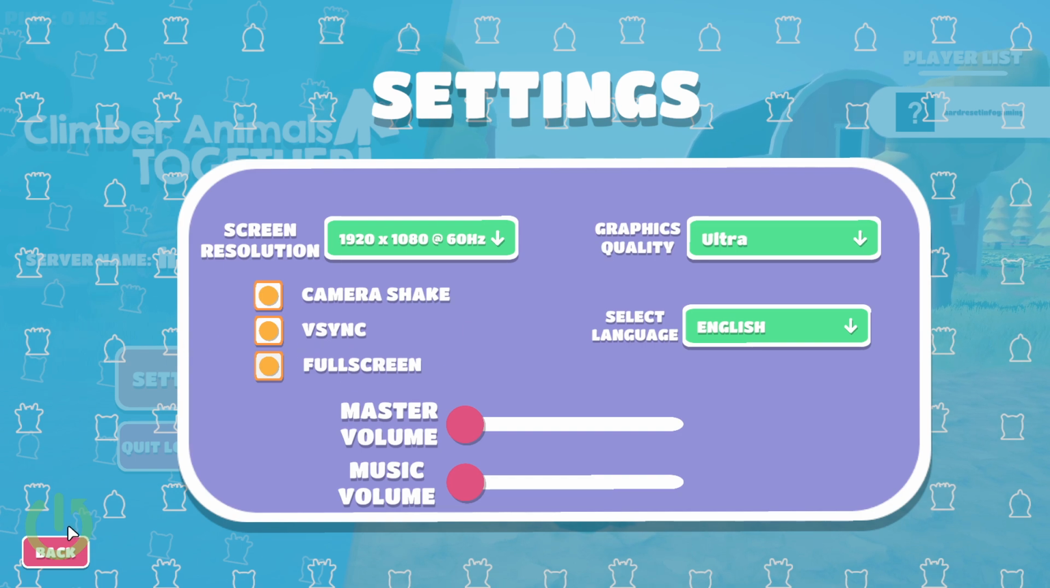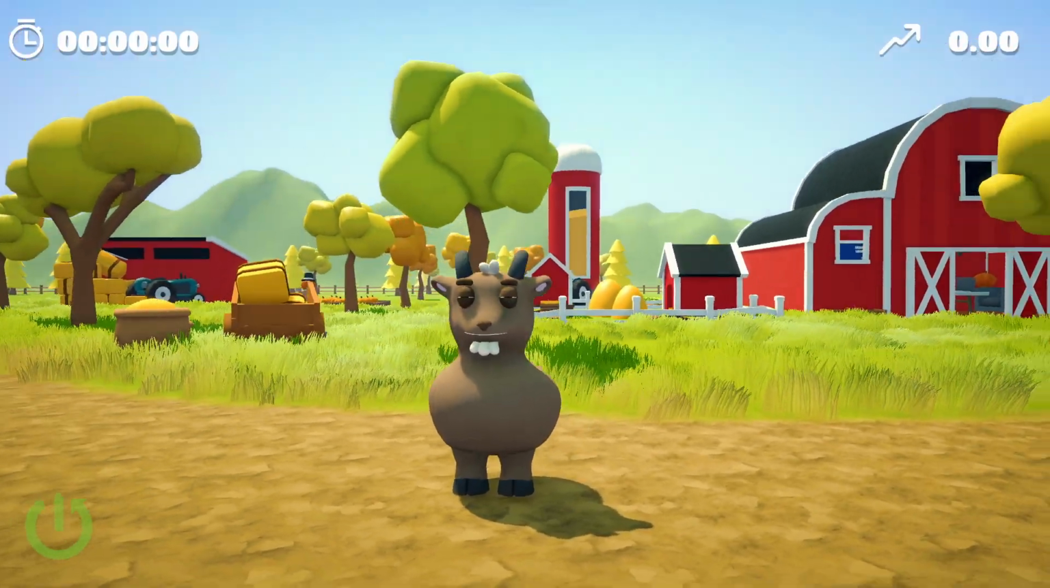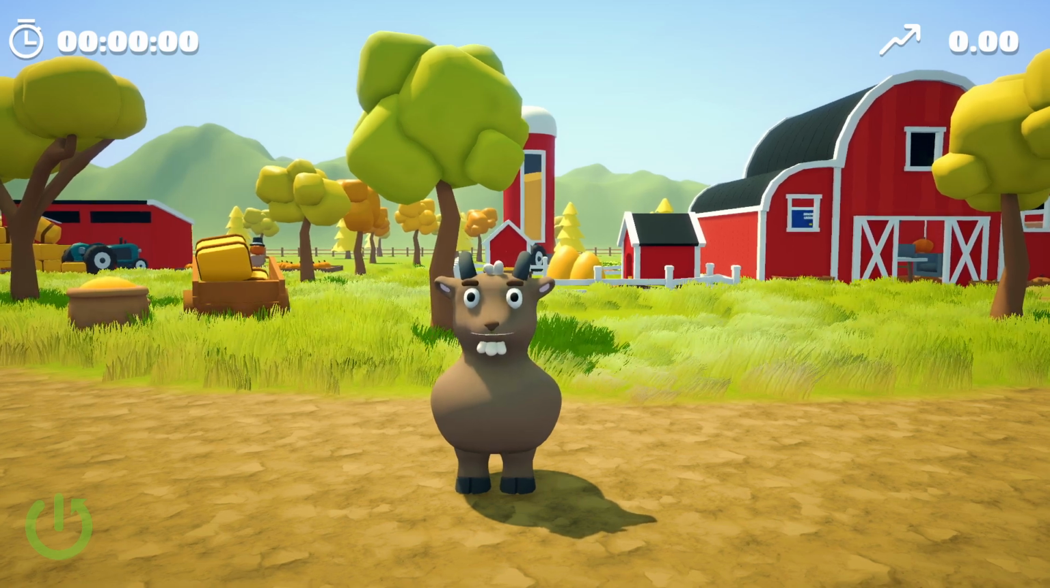After you make your choice, press the back button, press the escape key to close the main menu, and